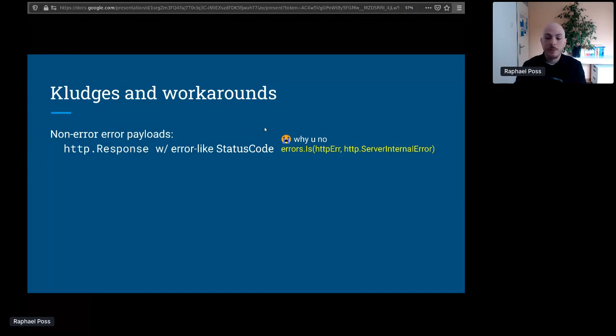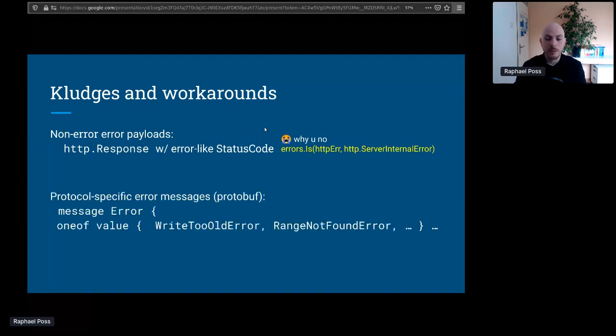Another thing that's common, in particular what has been done in other places in CockroachDB and throughout the ecosystem, is using protobuf and having particular error payloads as messages. And so you might define your own error message and then say, well, if I have multiple error types, I will have an enum in protobuf with multiple various objects here. So that's actually pretty nice. It's properly typed, and then everything looks fine. Then you can also have your own Go file next to it to add your error strings to it. However,